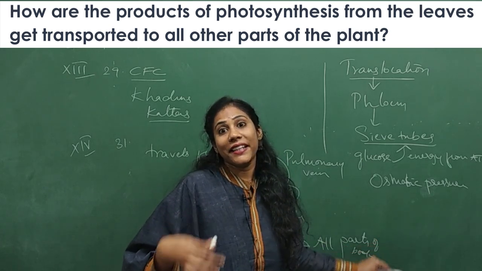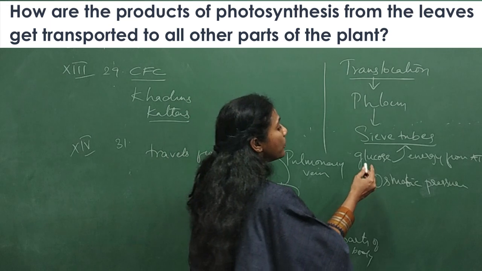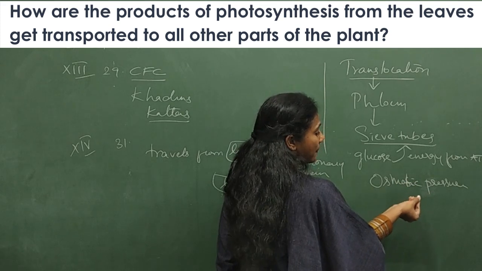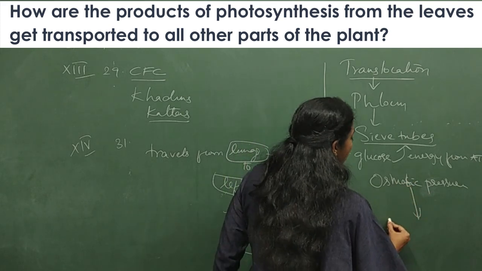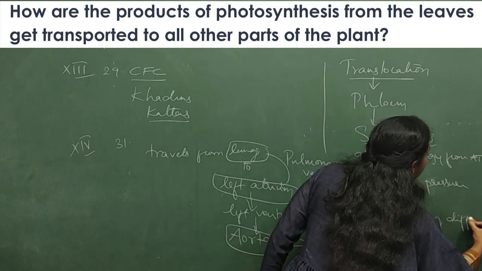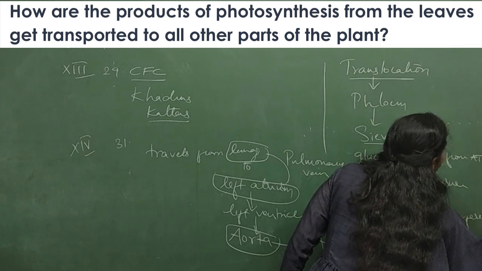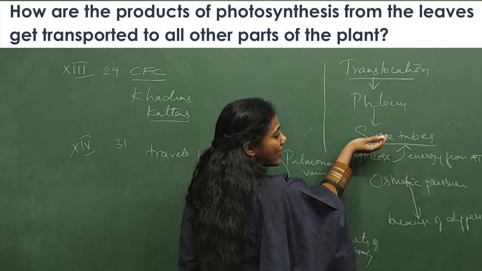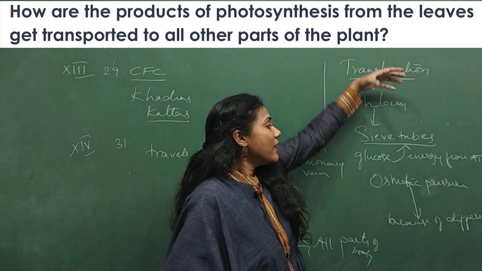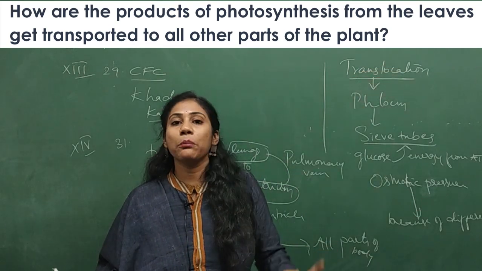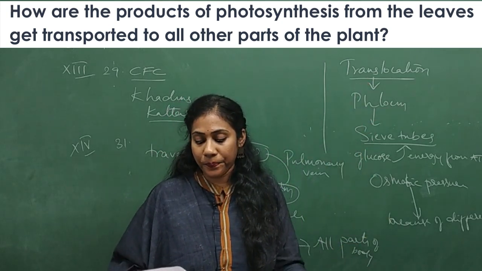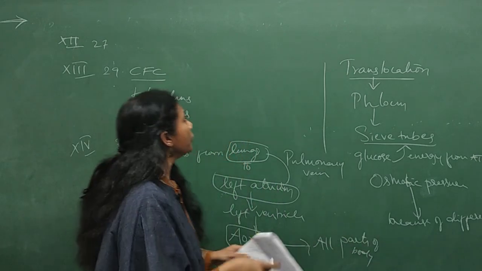Now I'm just explaining very briefly, right? So the moment glucose goes into a sieve tube, a pressure called osmotic pressure is created. Because of the difference in osmotic pressure, the food is transported from one sieve tube to another sieve tube. Like that, the food from the leaves is going to all parts of the plant body, right? So this is how translocation takes place in plants. Fine. Now coming to the